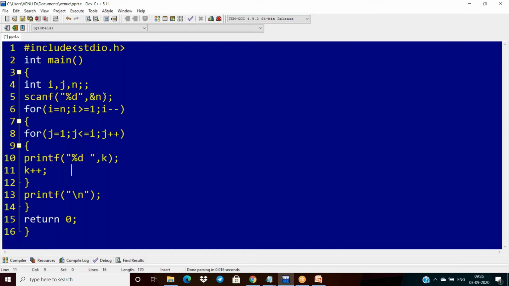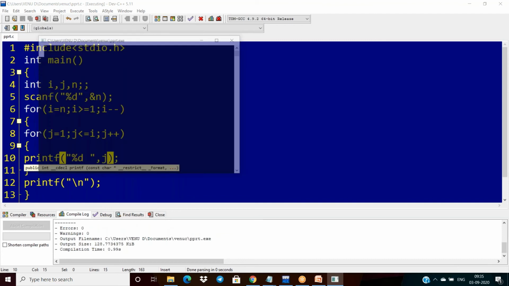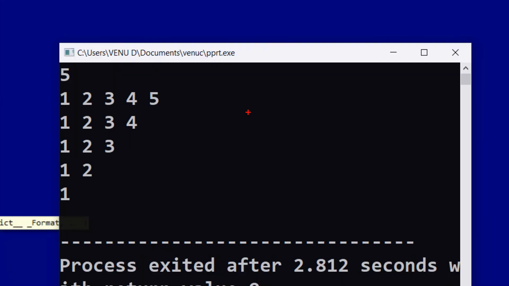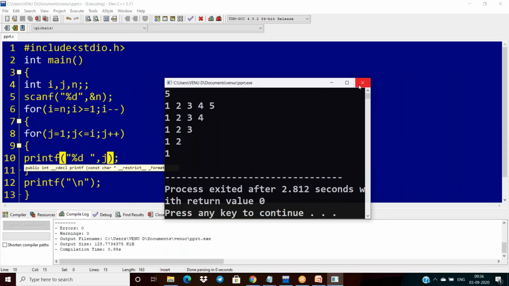Again, here also, I don't want to use any k here. I am just using the i value. It's the common pattern here: the common pattern 5. First time it will print 1 to 5 members, second time it will print 4, third 3, 2, 1. Now we are decrementing the i value. First time 5 terms, second time 4, 3, 2, 1. Now this is the common pattern here.